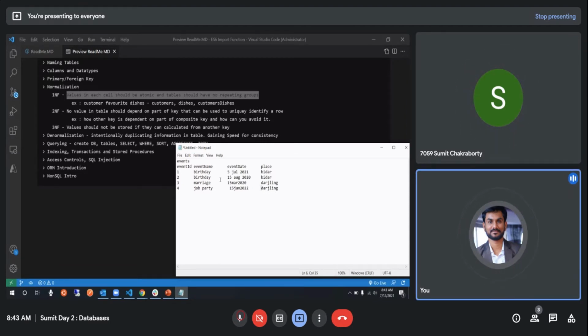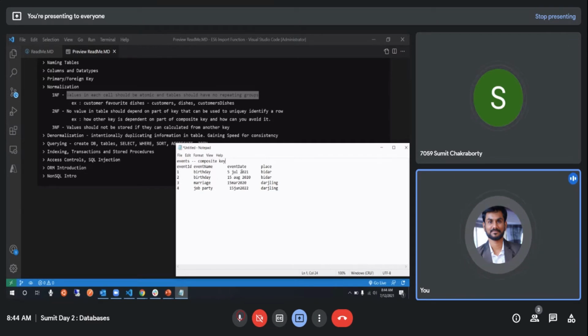What is happening is that you assume that you have created event name and event date as a composite key. Composite key means if you take them as a combination, that stands unique. That can act as a primary key. You can identify a certain event. Is that true? If you take birthday party, they're unique, right?